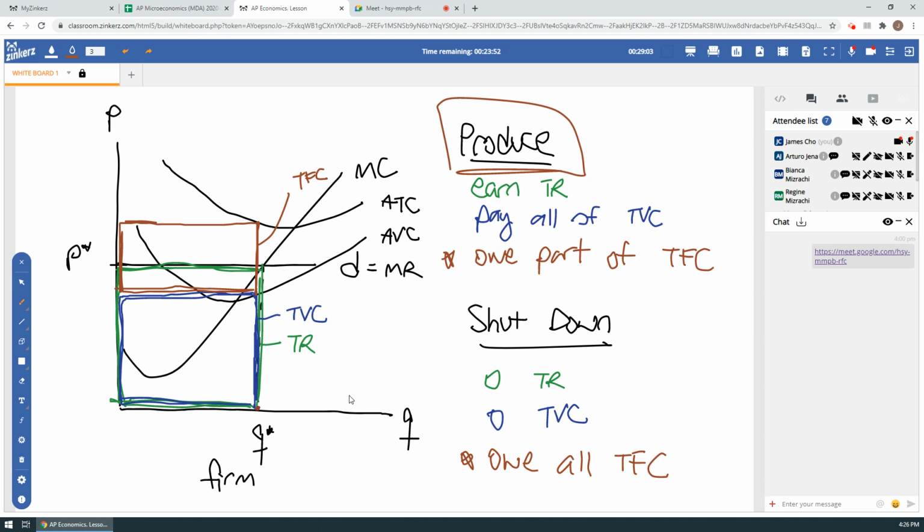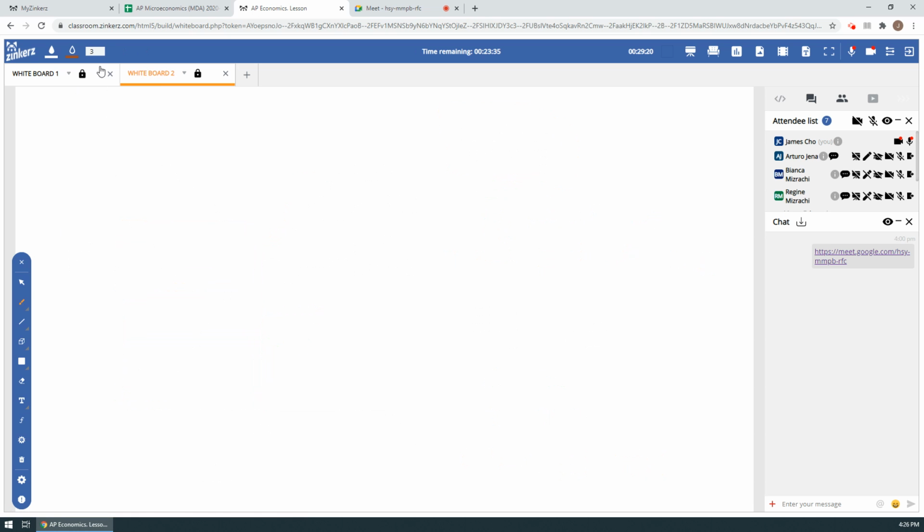Okay. So in this case, it was better to say screw it. I know I'm making losses. I know I'm in a minus every single month, but I'm going to keep on producing. It's actually better for me to produce and make losses rather than to just shut down. But there's a situation where it's better for you to shut down. Okay, and you can imagine that's where the situation is just horrible for your company,